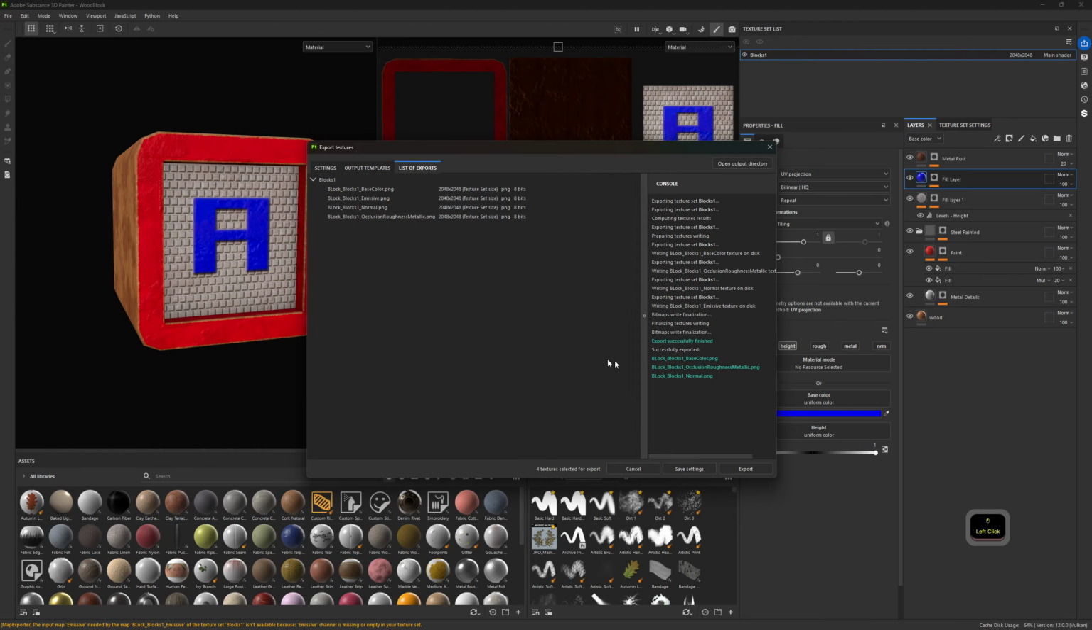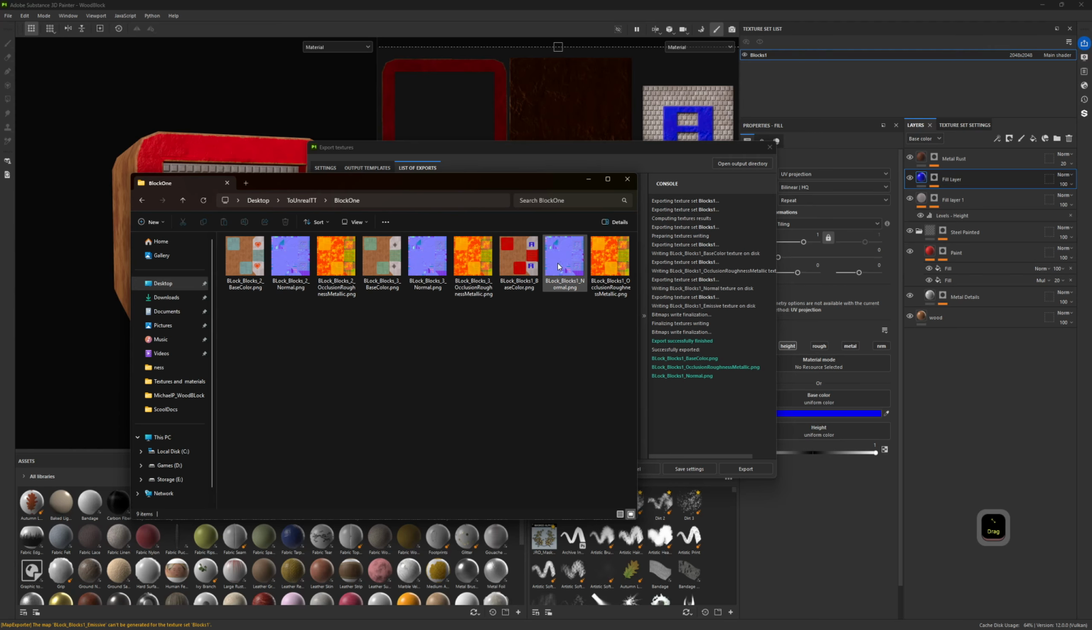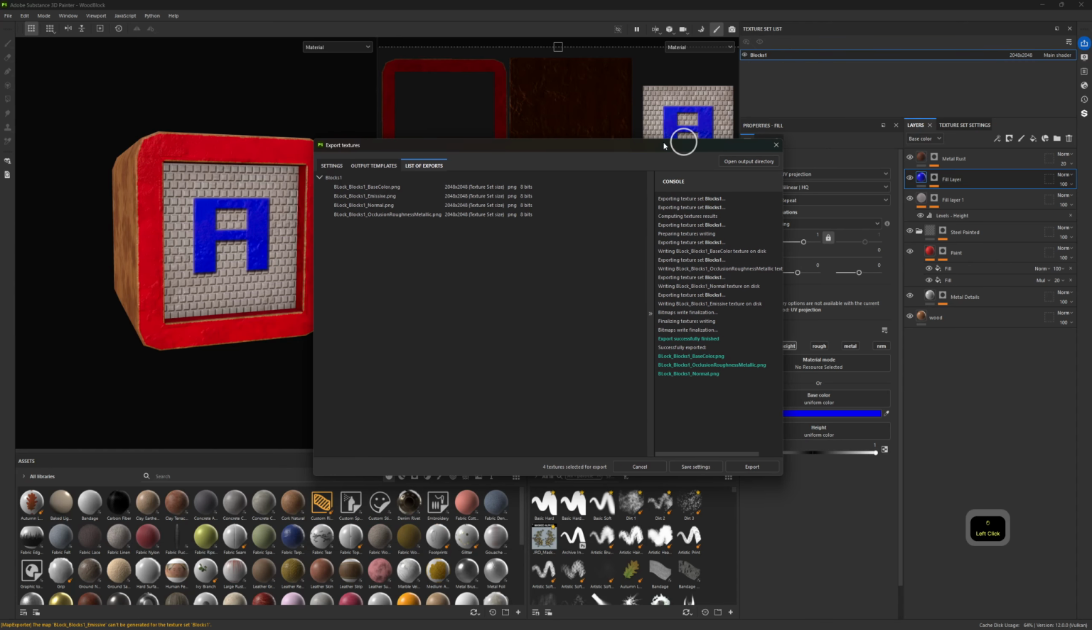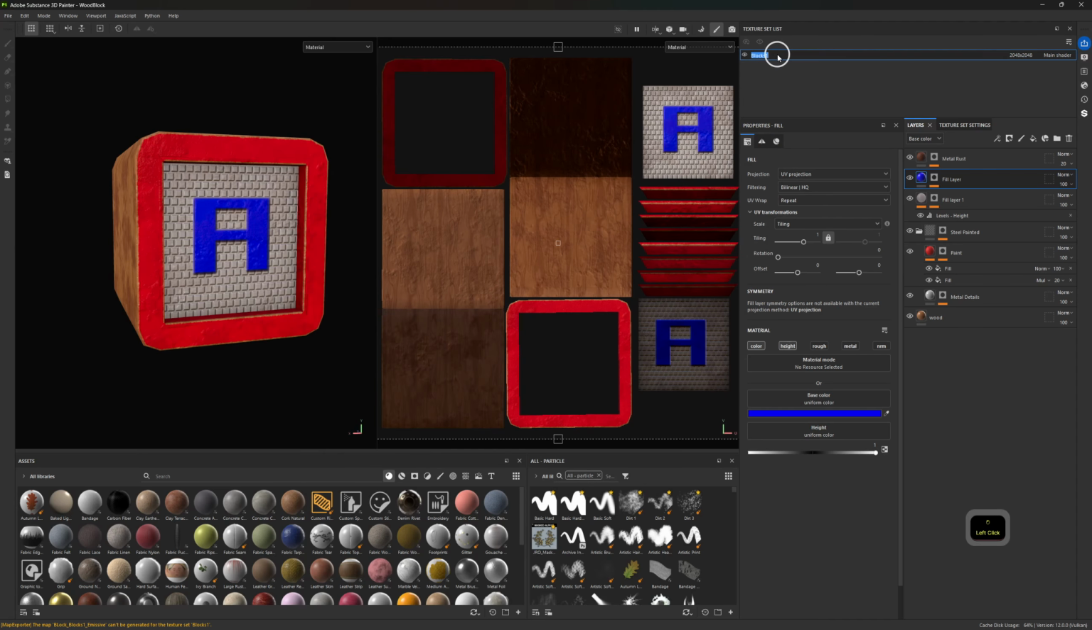And it's going to run its thing. And then you'll see that we've got these guys here, right? So those are the block ones. Now that I've exported them once, I can close this. I can double click up here anytime to rename it. So then I would rename it,